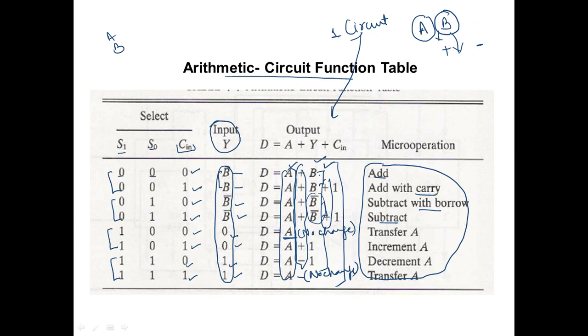So what I may be looking for in case of B is simply B or B's complement, or I don't need B at all. I need simply 0 as an input, or I can have only 1 as an input. So what I did here is, for these values of C in being 0 and 1, I took, okay, let's take B as an input here.